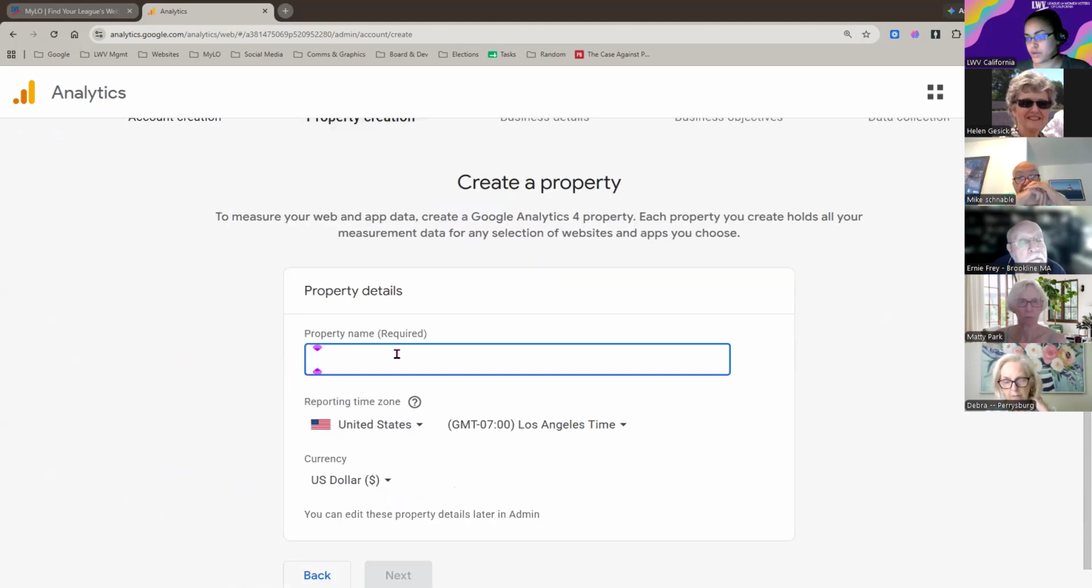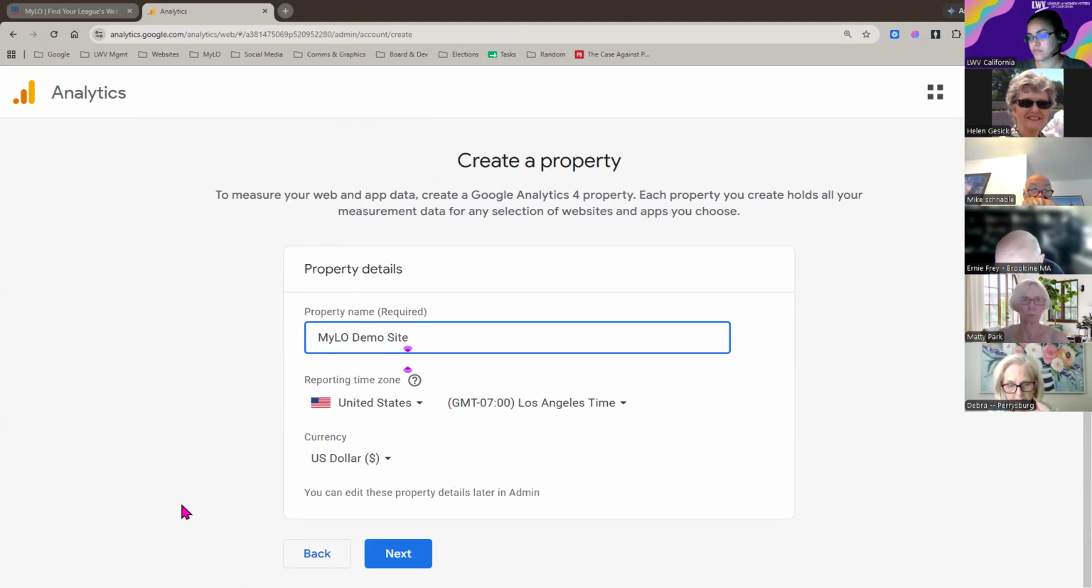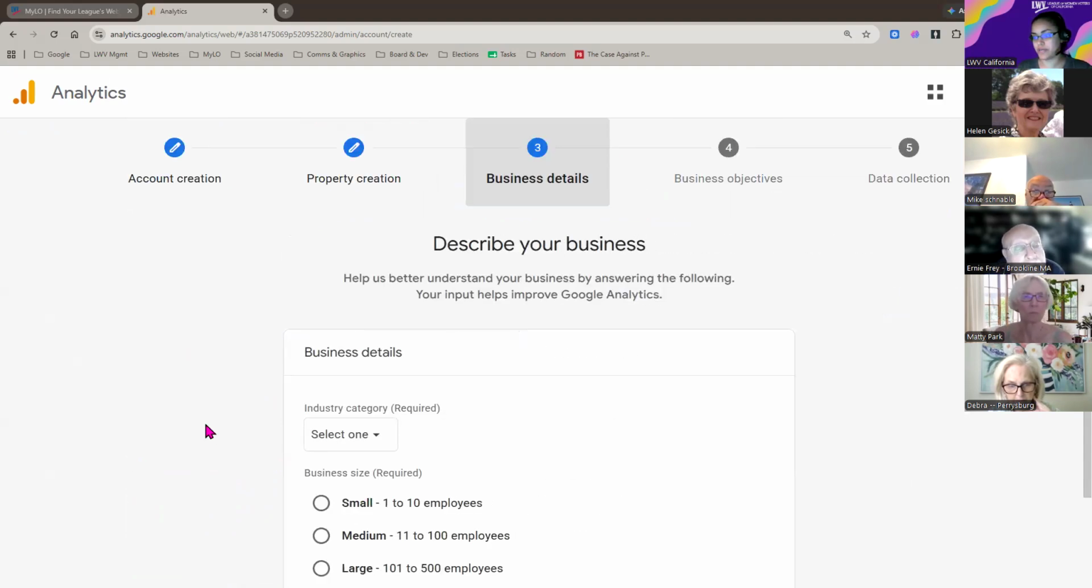And then your property name, this is going to be more associated with what is the thing that you're going to be tracking. So again, if that's a website, if that's an app, we're usually talking about websites here. And so you can name that whatever you'd like it to be. The reporting information will be default by your location. When we go next,